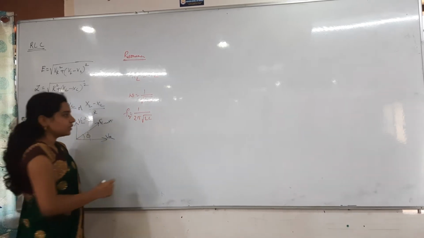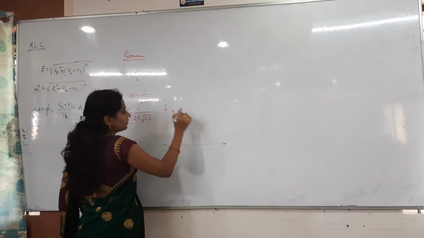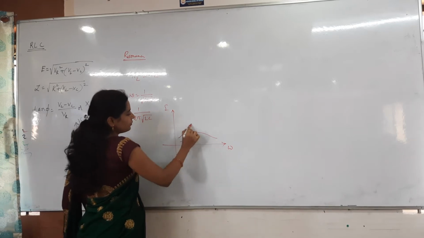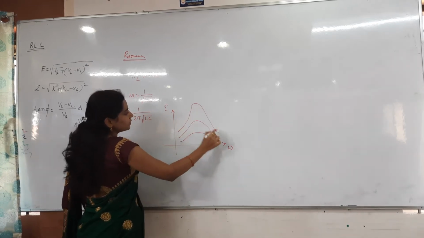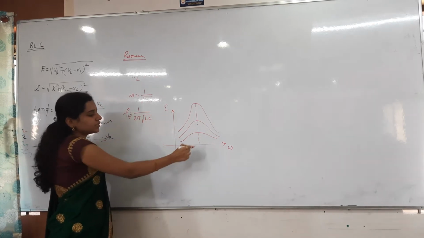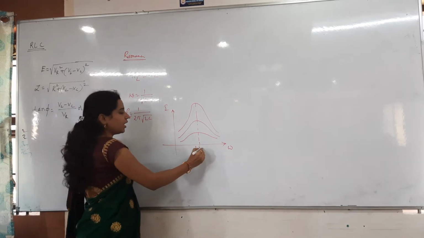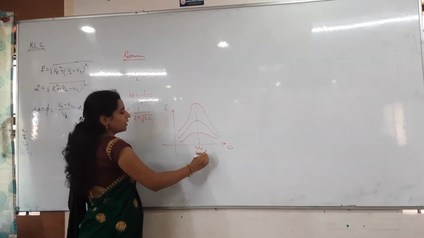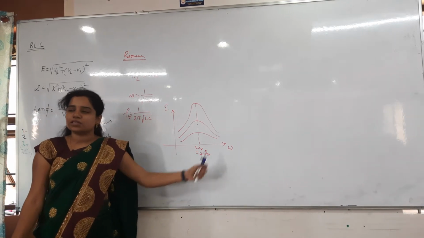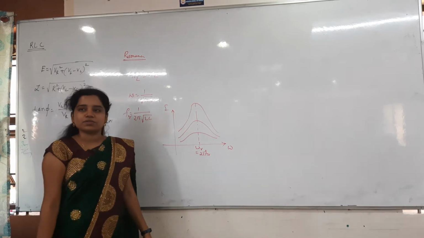And also we have seen the sharpness of the resonance curve. Resonance curves we have seen, that is the I and omega graph we have drawn. In that, for the different resistors, we got the graph like this. And wherever the current is maximum in all the cases, which frequency is that? Resonance frequency, that is omega r, otherwise I can say 2 pi fr. You can take either frequency or angular frequency, anything, it is the same only. So at the maximum current we will get the resonance frequency.